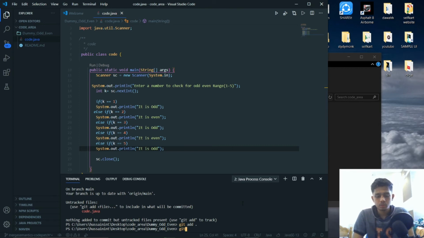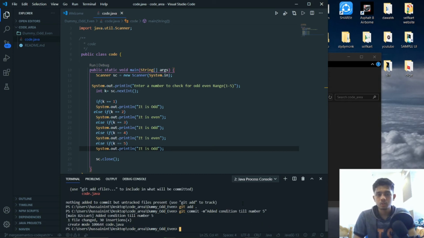Next we'll have to type git commit, and we'll give -m. In double quotes we'll just give some message, added condition till number 5. So that's just a message.